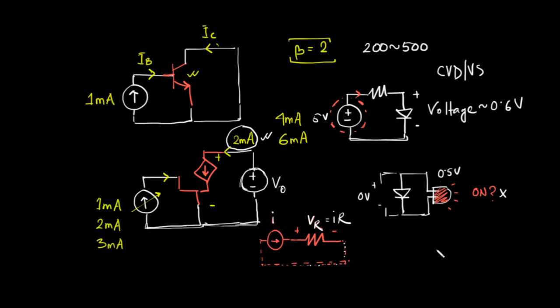Similarly, a resistance can also do the opposite. I mean, we have some sort of a voltage signal that we want to convert to a current signal. We can also use a resistance to do that. How? Suppose I have some voltage signal, this is V in, and if I connect this voltage signal to a resistance, then the current that will be flowing through this resistance will be proportional to the voltage.